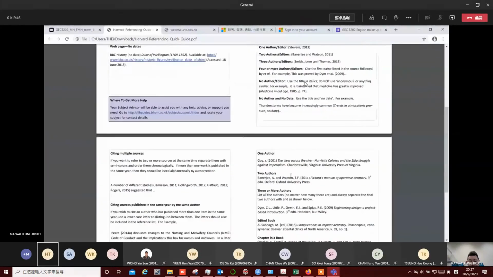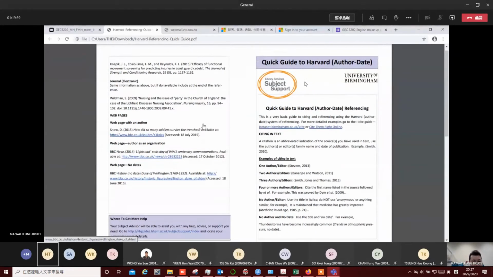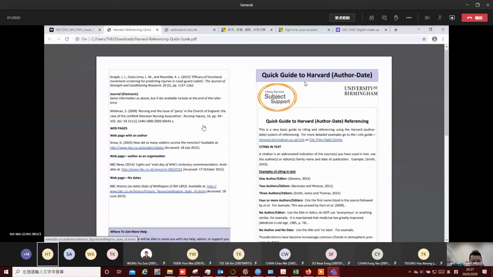For example, like, hey Bruce, I have already downloaded an online article. So how can I make the reference? An online article from the web page, right? So I will ask you, is that academic or non-academic? Or that article is an academic, electronic article, academic one. So you may go here. Can you see journal, electronic journal? This is, you put down the surname, initial, the year, and then